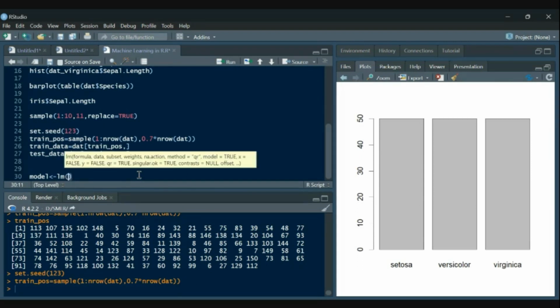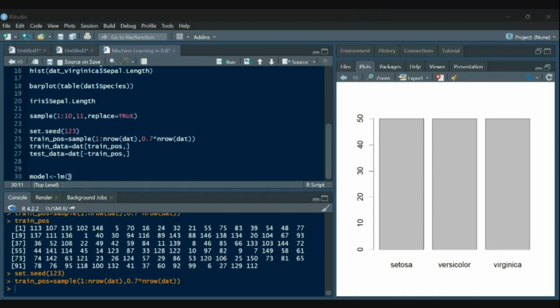So lm, then we have sepal dot width as a function of sepal dot length plus petal dot length plus petal dot width.